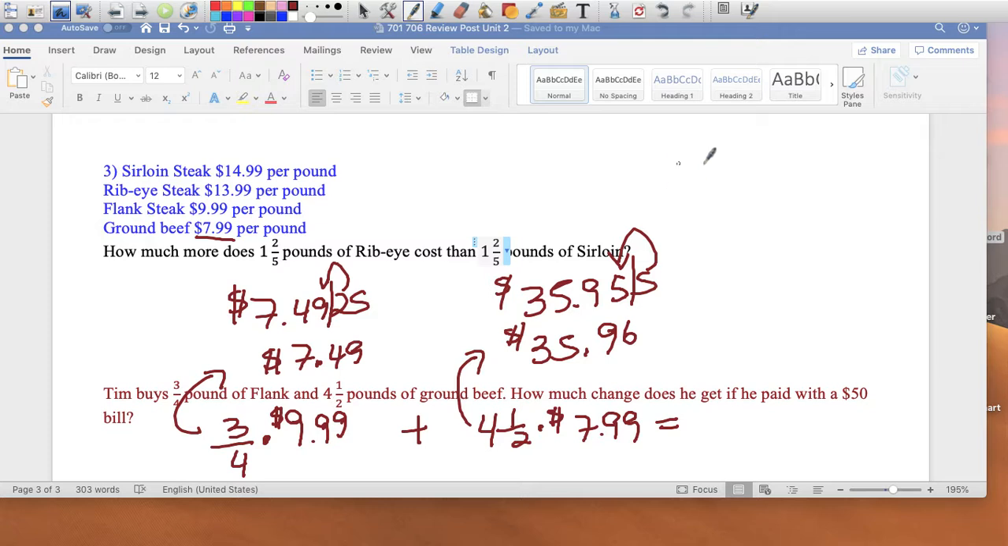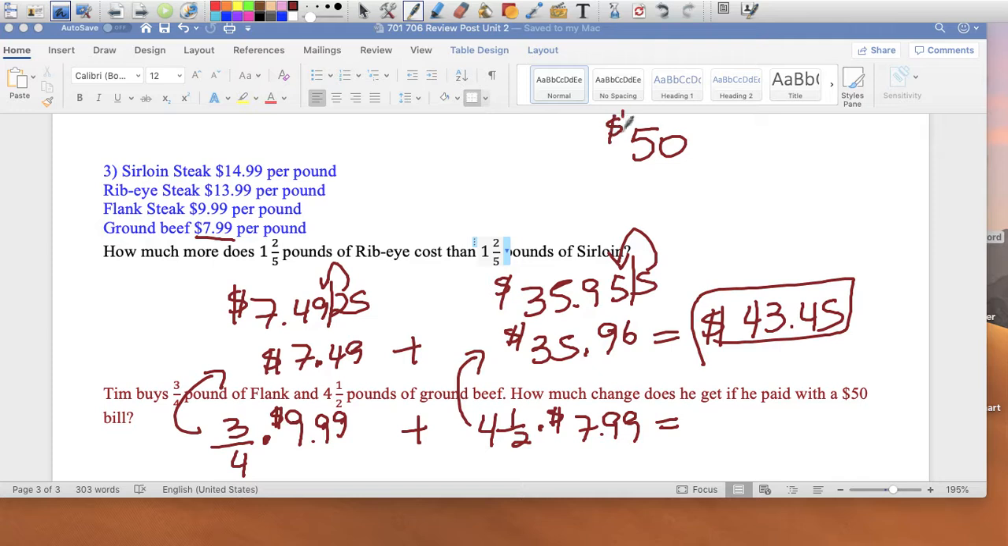So let's add it up. So the flank plus the ground beef equals 7.49 plus 35.96 equals $43.45. Okay. Now, if you pay this $50, how much change do you get? That should be simple enough. You're going to get $6.55. Okay, and that's